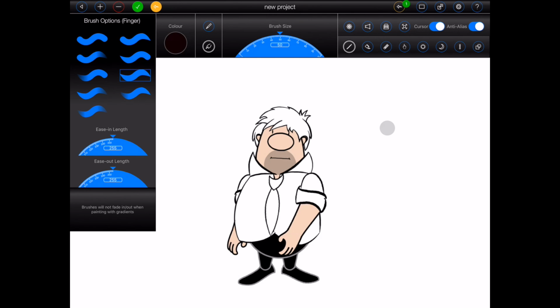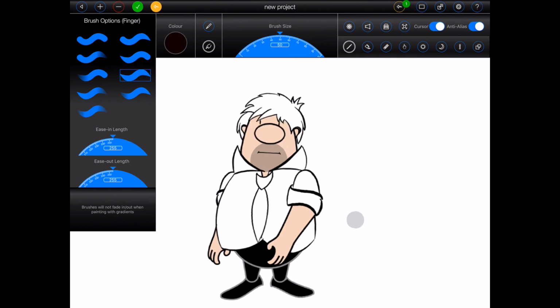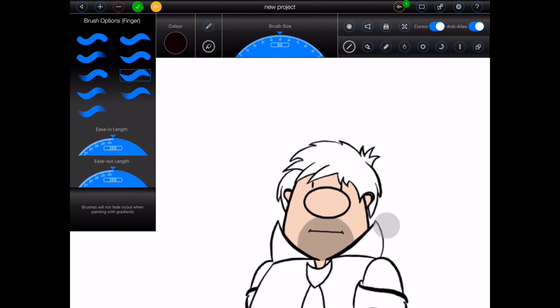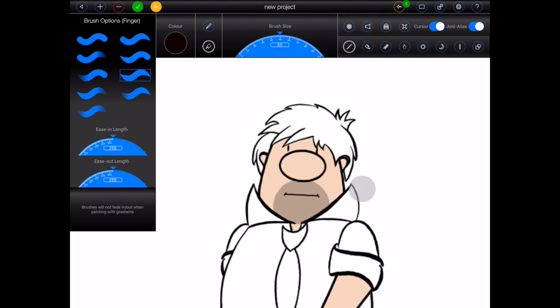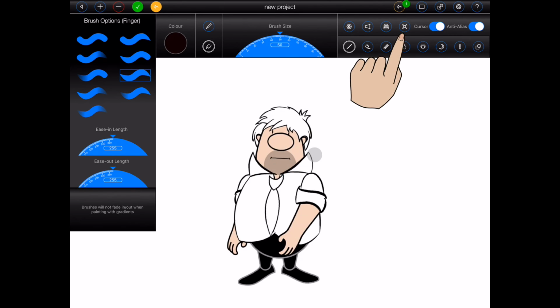Now, there's a few other items that I should mention at this point. Firstly, when most of the tools are in use, you can use 2 fingers to resize the canvas view and move it around. This can make it much easier when it comes to making precise changes to your content. To reset the canvas view, press the Reset button at the top of the screen as shown. You can also choose to display a cursor whenever you're using a brush-based tool.